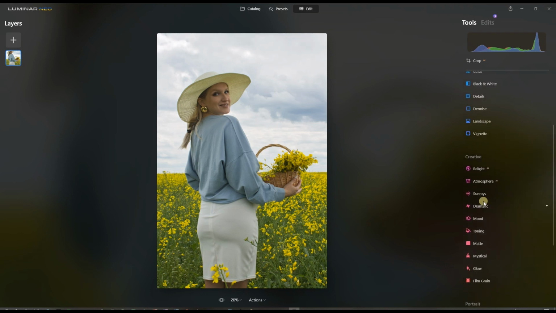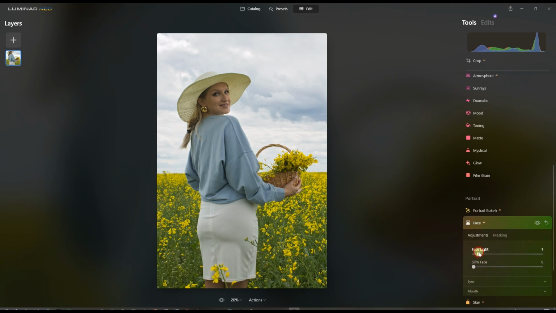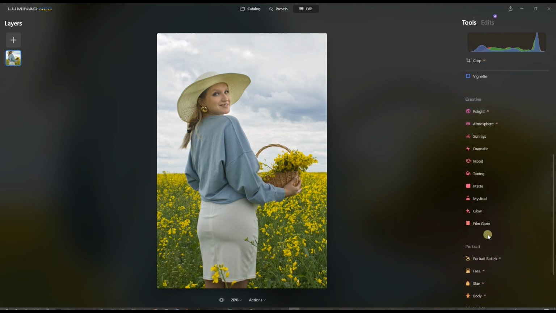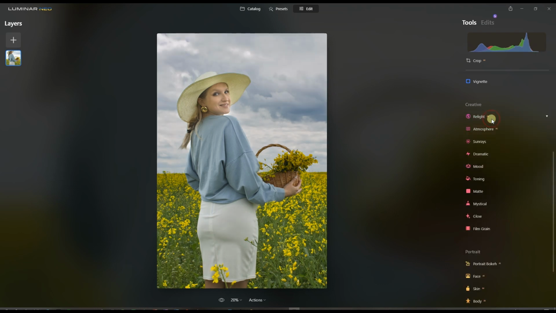And because it's a portrait as well, we're going to go to the portrait and increase the face light, right? So that the face stands out. Then I'm going to go to the relight. I'll make the background brightness a little bit darker and the foreground a bit brighter. So that's done. So now you see that the foreground is standing out and the background is darker, which